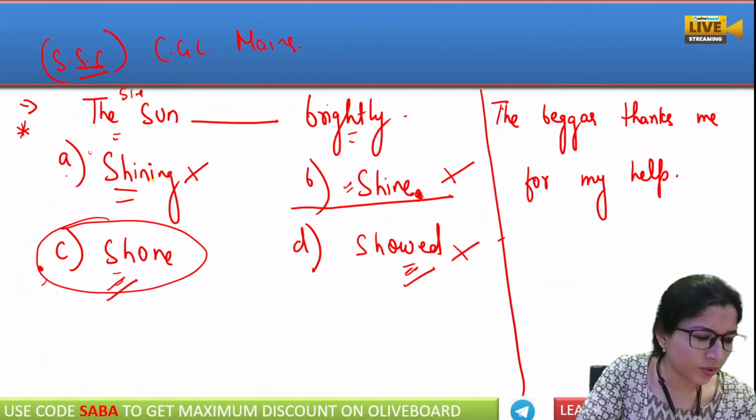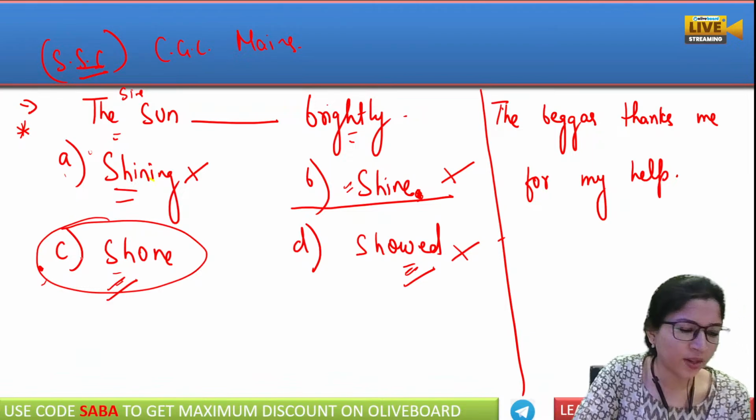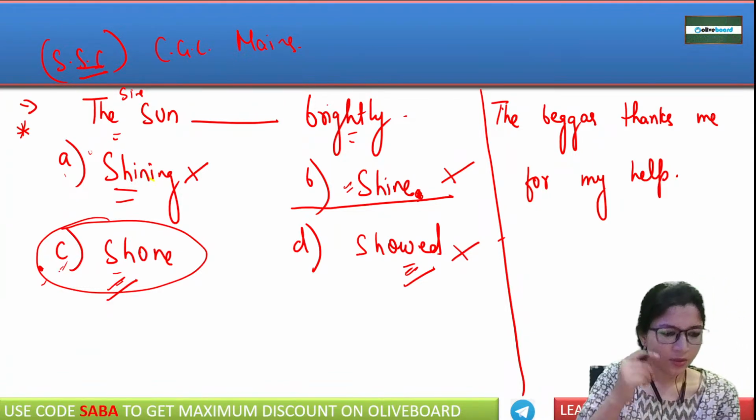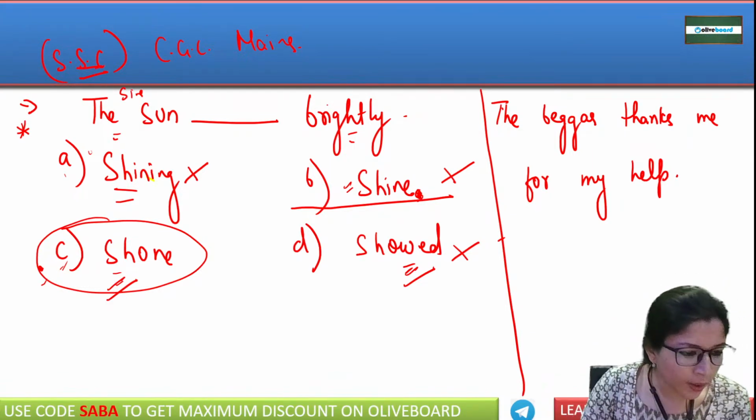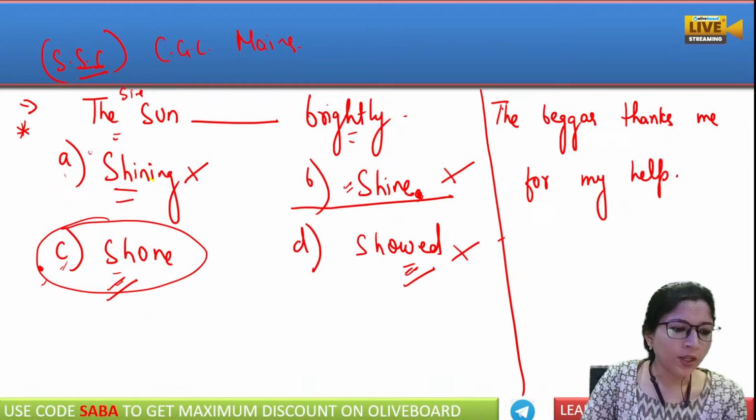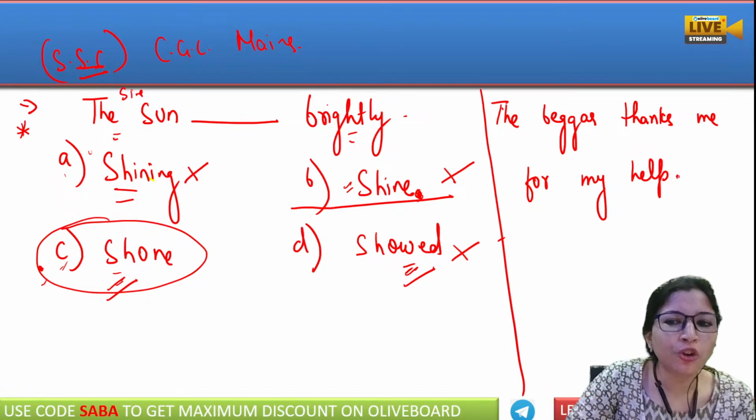A is wrong, Krishnan. A is wrong. C is the correct answer. No error. Who is saying no error? No, see. If you see this sentence structure wise,